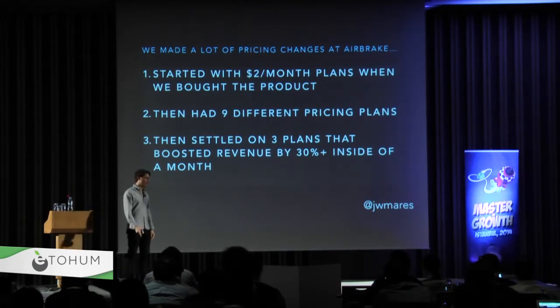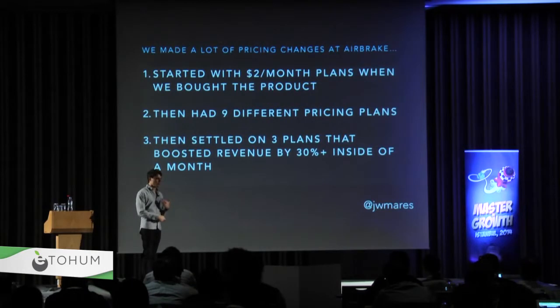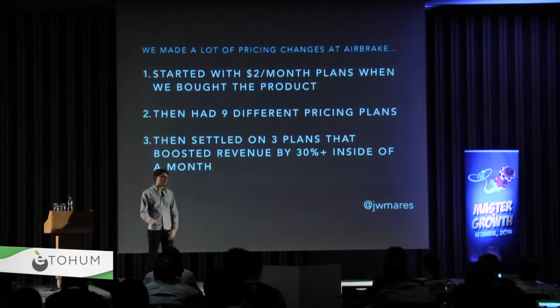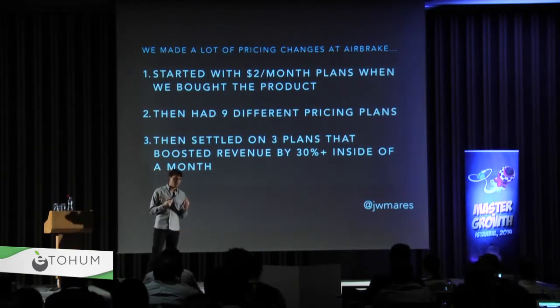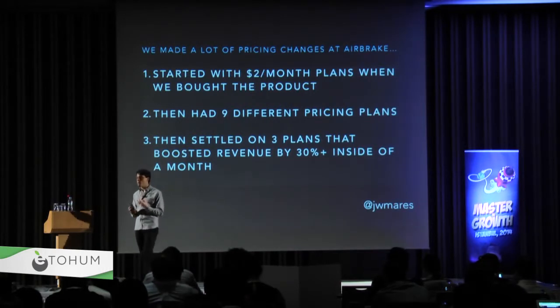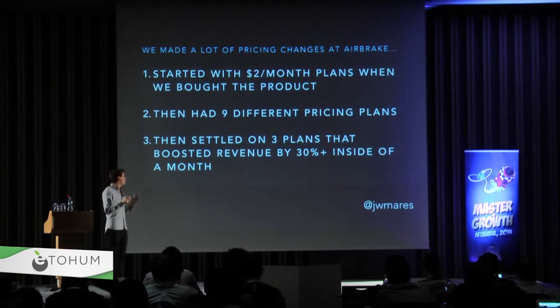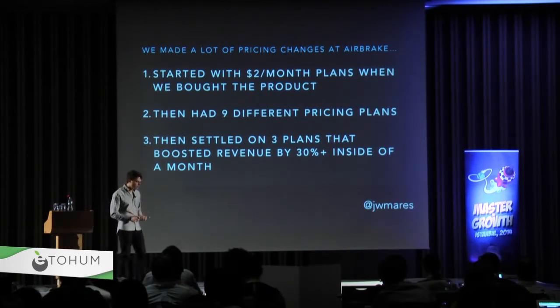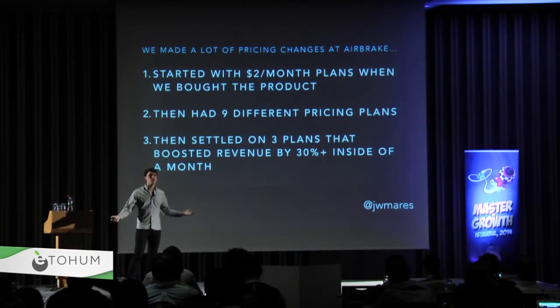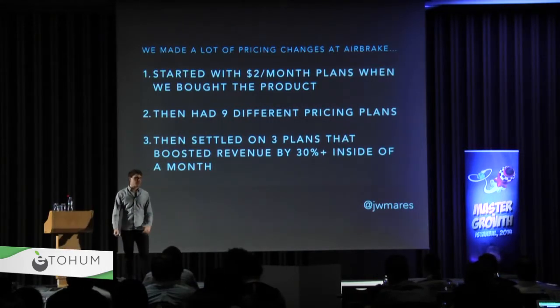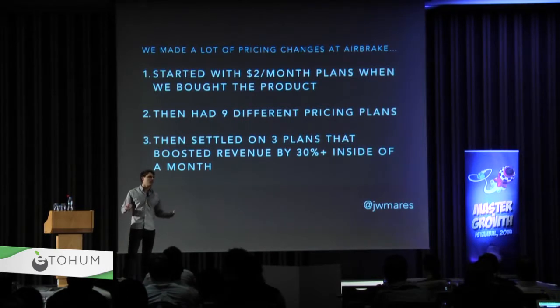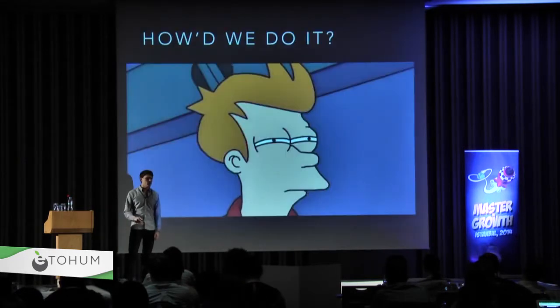So finally, after going through another like 30-day conversion sprint, we settled on 3 plans that boosted our revenue by more than 30%. Massive change. Again, these sorts of conversion optimizations are so amazing because that didn't require any extra money. We didn't spend more on anything. We didn't hire more people. It was just money that went directly to our profitability and our revenue. So how did we do that?